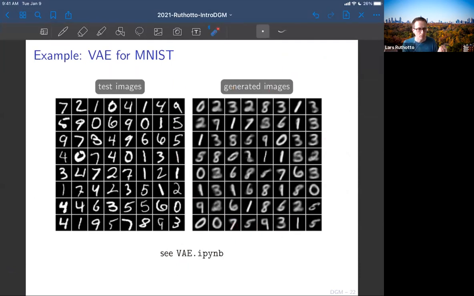Okay, who knows if this is now good or bad? It's not a terrible result. I mean, you can easily recognize the letters there. However, they're a little bit blurred. That's a bit disturbing in some sense. So you could easily tell which ones I created and which ones I didn't. But you can train this in maybe 5 to 10 minutes on your own, if you like, with not so much fancy stuff going on there.